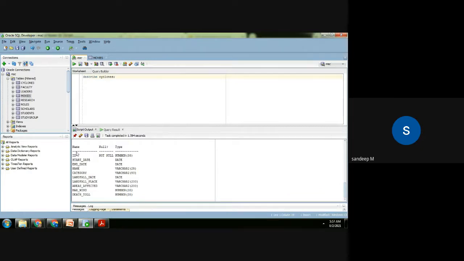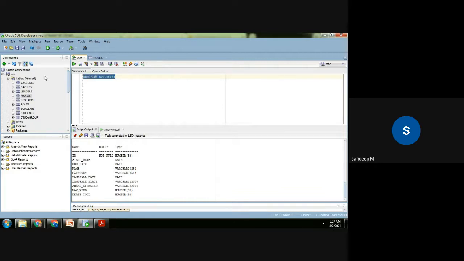So there's an ID column, a start and end date, because cyclones are spread over a period of 3 to 4 days, the name of the cyclone, the category, the landfall date, a place, the areas which are affected, the maximum wind, and the death toll. So describe is something you can use a lot.